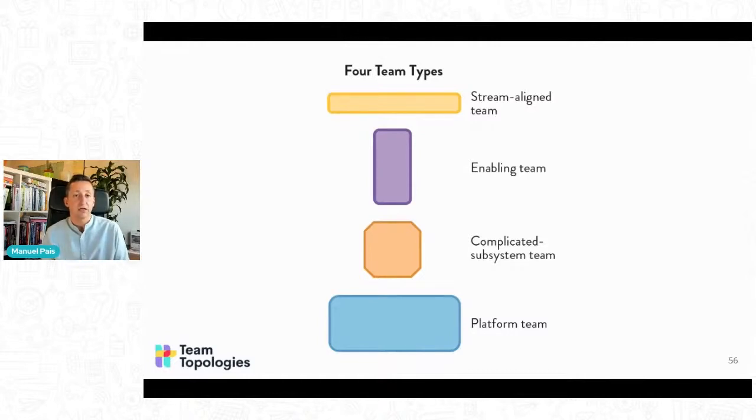So what does an enabling team do? This will be a team of experts in some domain where we see gaps in the streamlined teams, right? So typically, if we're coming from development or application teams plus operations teams, plus testing teams, that kind of traditional view of the organization, if we want those to get to streamlined teams, we need to get those teams that were used to only code and maybe deploy to actually understand how do we run a service in production in an effective way? How do we do observability of our service in production?